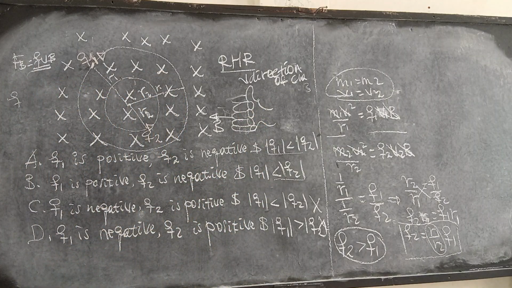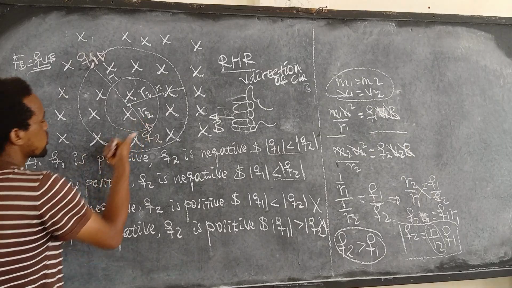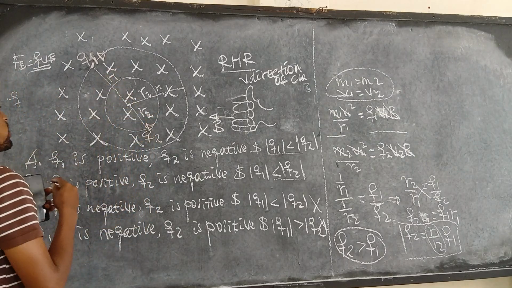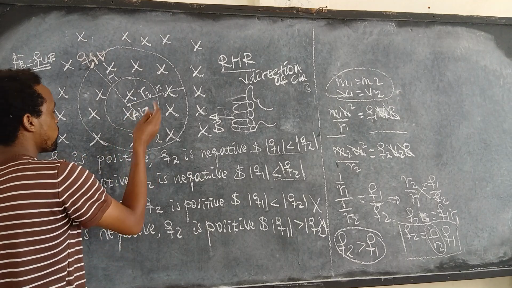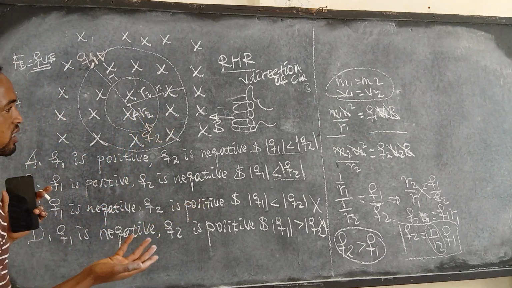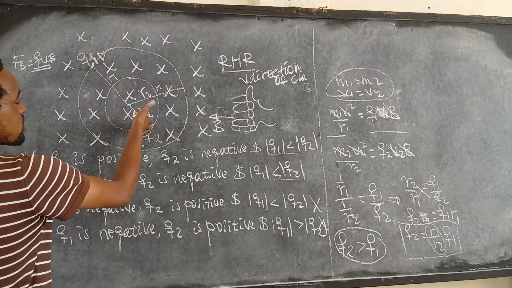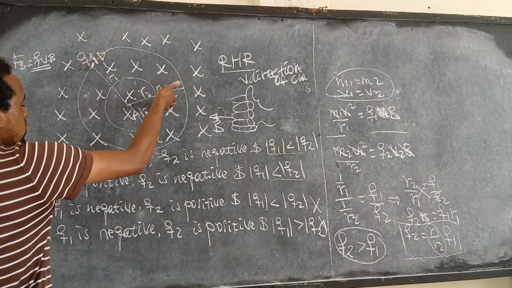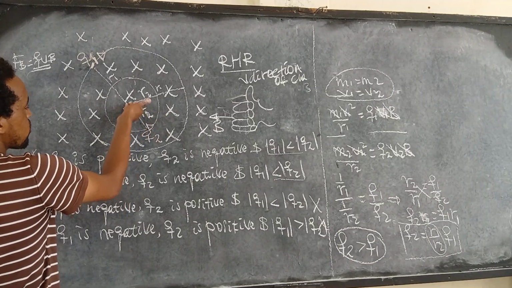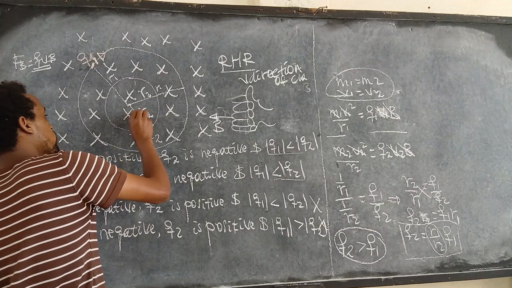Now, I will put the charge moving in that direction. The magnetic field is into the page. The force is toward the center. So here the charge is positive, because if the right-hand rule works for it, the charge is positive. The charge is moving in that direction, the magnetic field is into the page, and the force is to the center. The force must be to the center.